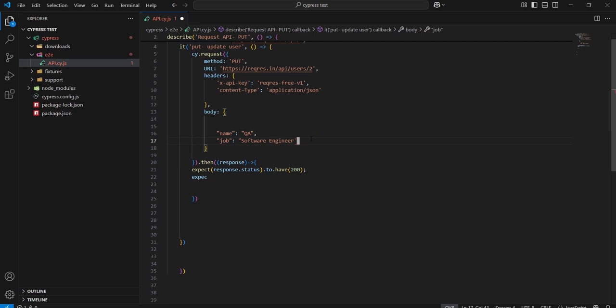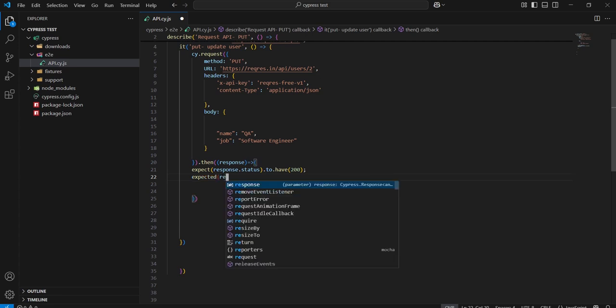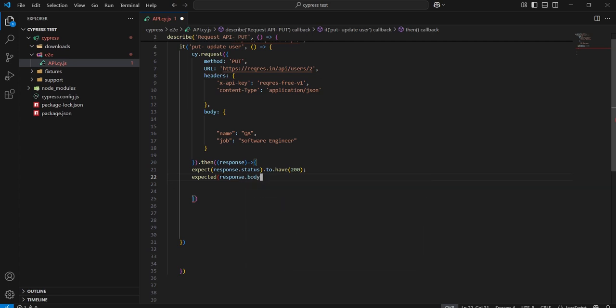We do not need to enter the comma here. Enter the double quote here. Now we are expecting this name and job in a response. Expect response dot body dot to dot have dot property